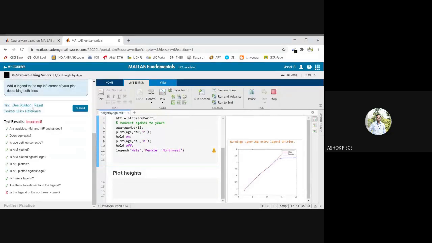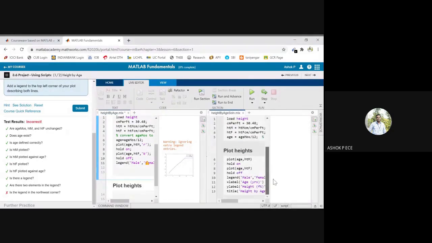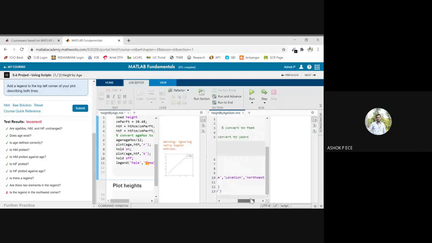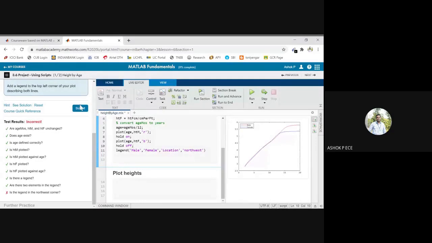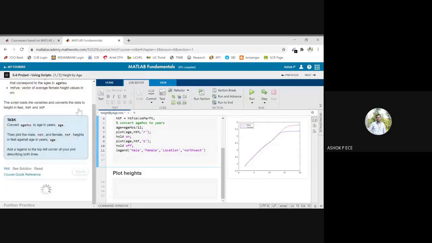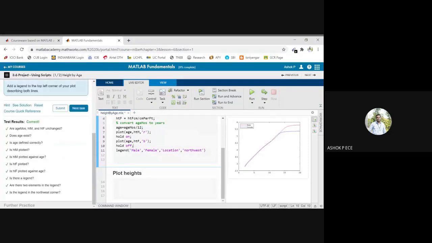We'll see the solution. Initially, don't look at the solution, because you should see the solution only when you don't get the answer. You have to give location, comma northwest. So that is what is missing. So I have to use location, northwest. C, N, and W are small. Location, comma, northwest. Now you see it is coming in northwest. Now see all the tick marks you have seen, and the answer is going to be